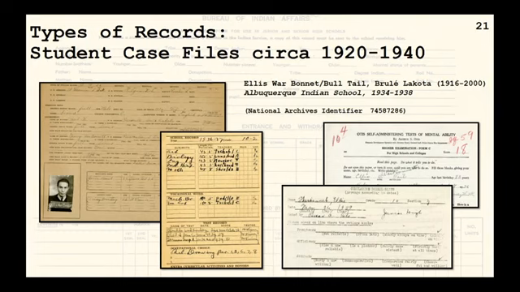Between the world wars, we start to see more standardized forms across schools, which dive deeper into family info, asking about siblings and what schools they attended, parents' jobs, and we see the first official student photographs. We also start to see more student counselor type records, behavior ratings, as well as standardized testing results. And it never fails. I see some of these and I have flashbacks to those Iowa basic tests that we had to take in elementary school. Also present starting around now will be earlier school records from day schools and other boarding schools, starting to give one a more complete glimpse of the entire academic career.